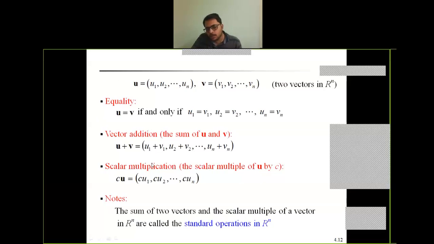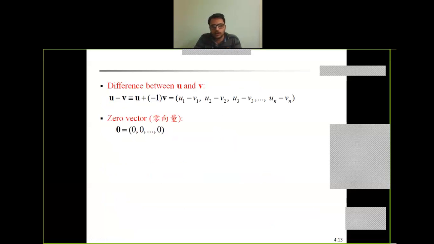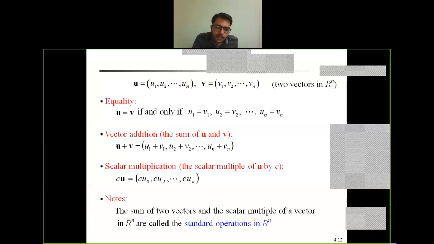now you will ask, sir, how have we defined minus v? Till now you knew only the vectors u and v, so how does minus v come? It is a result of the scalar multiplication operation. Please don't worry. If I put c equal to minus 1 in scalar multiplication, what will happen?